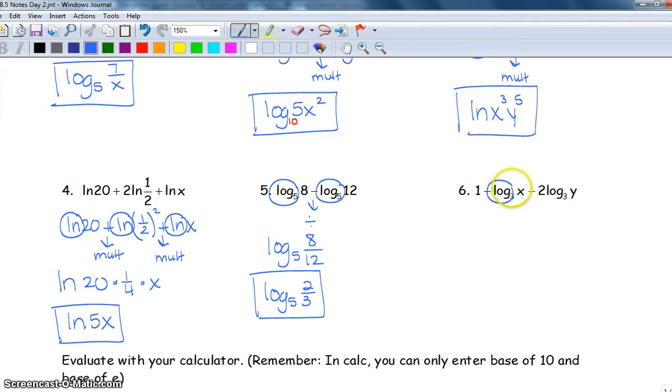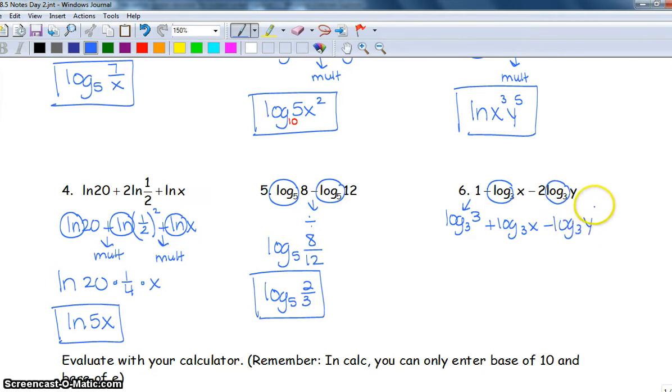Here, all my other logs are log base 3s. So I'm going to change this into the log base 3. And the only way that would have been able to cancel out is if it was log base 3 of 3. So I'm going to replace the 1 with an equivalent measure. Remember, we're working backwards. Before, I would have started here and gone to 1. Here, I take the 1 and I turn it into the log base 3 of 3. And that's plus log base 3 of x minus, we've got our number out front, so that's log base 3